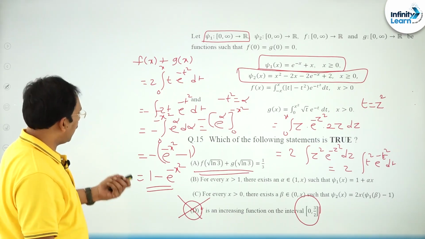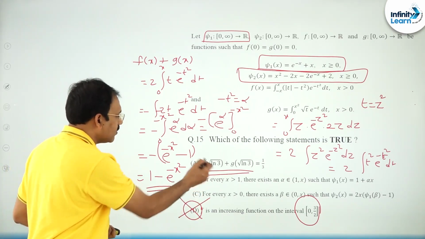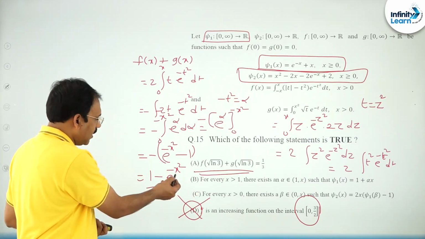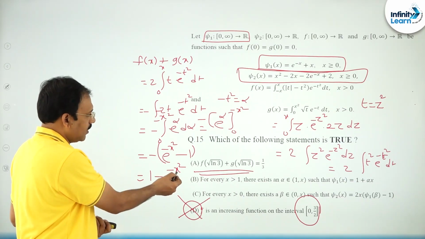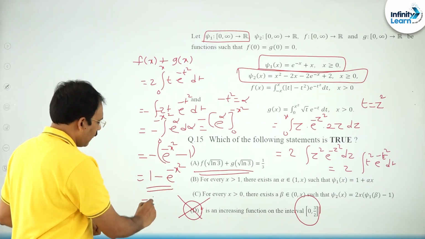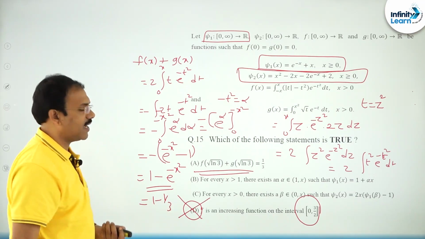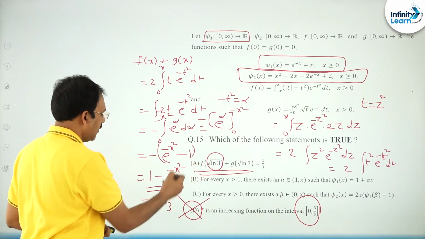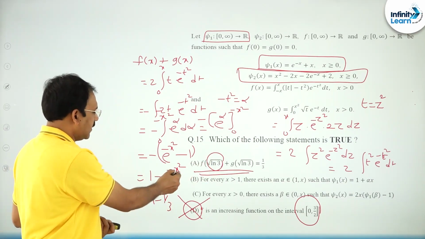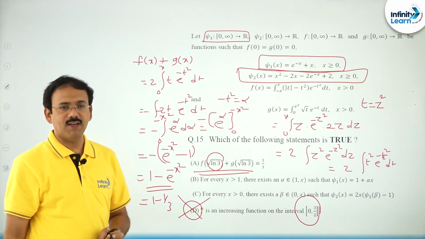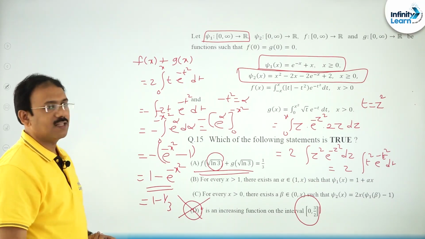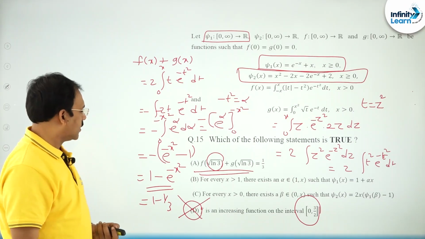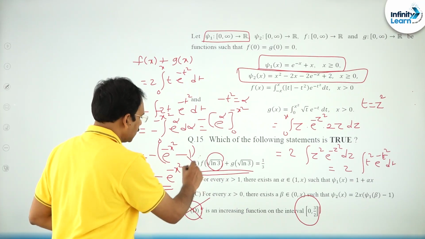Now this is f of x plus g of x, you simply give the substitution root of ln 3. If you give root of ln 3, it is going to be, you see, e power minus ln 3 is 1 by 3, 1 minus 1 by 3 you are going to get, which is going to be 2 by 3. Just I have given root ln 3, which gives 1 minus 1 by 3 is 2 by 3, but he has given 1 by 3, so this is invalid. Okay, my dear friends. So option A is also invalid.